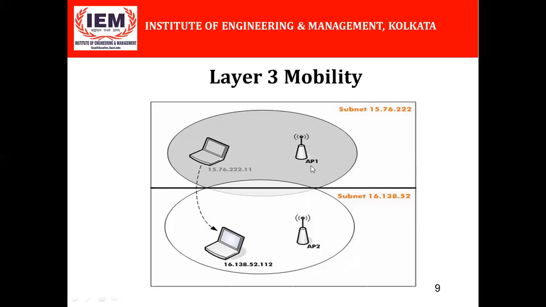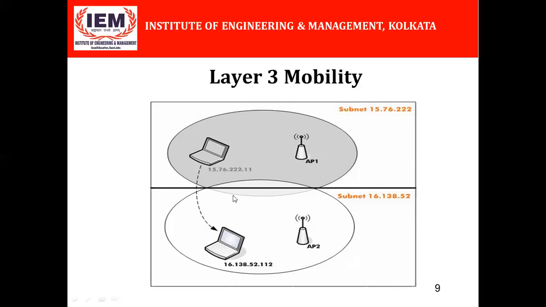But one access point is present under the first subnet mask, and another access point is present under the other subnet mask. When our device moves from this access point to another access point under this second subnet mask, what happens? The address of this device may be changed,